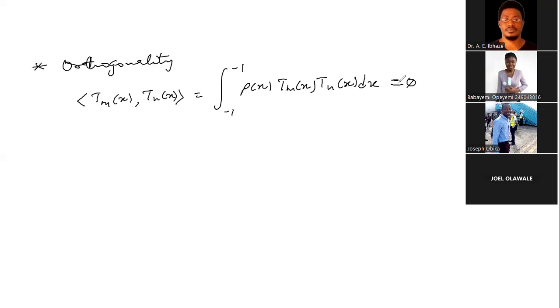So once the inner product is 0, then we know that the functions are orthogonal for all m not being the same as n. And here we know that the weight function rho of x is actually a scalar product, and this weight function